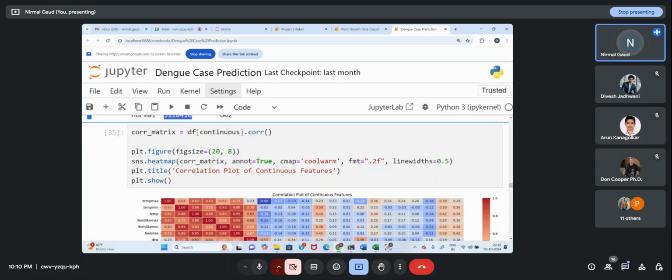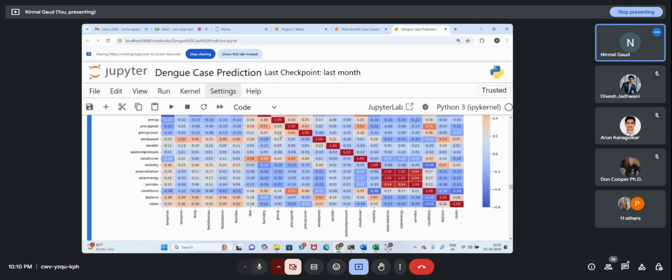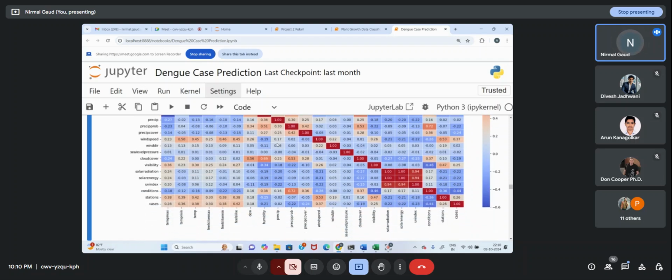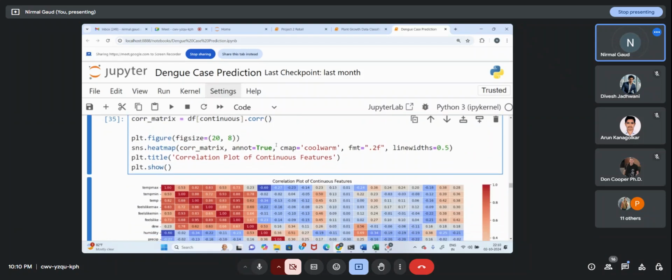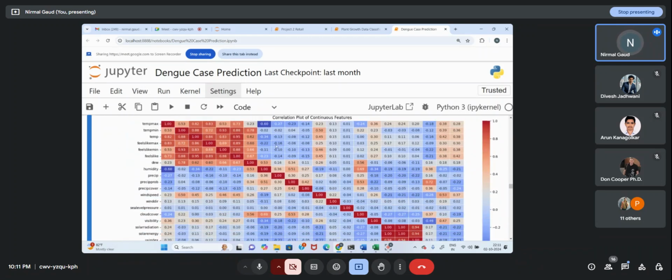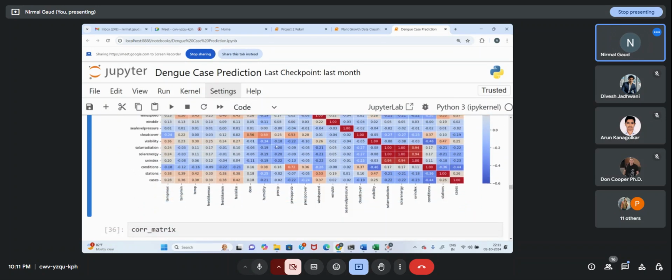And then I calculated the correlation between the features, between the continuous features. We have already tried to monitor this thing using scatter plot. The scatter plot just shows you a plot. It will not show you any numerical value. With correlation, I can identify it better because I can make a heat map. This is your heat map, and heat map will tell us the correlation exactly. Okay, so by seeing the numerical values, we found that there are features which are correlated.